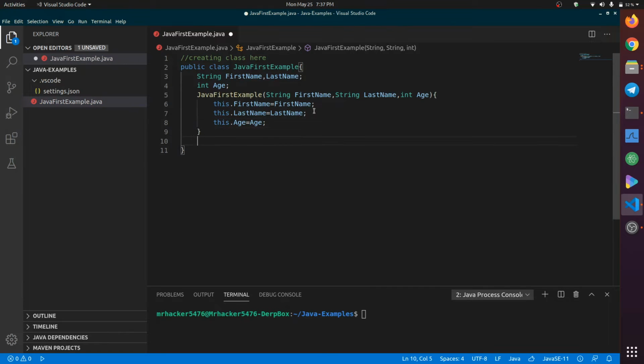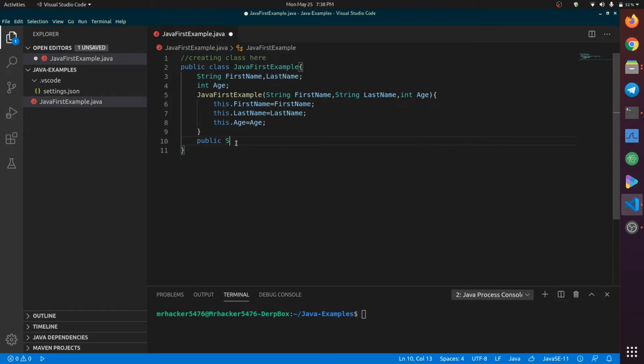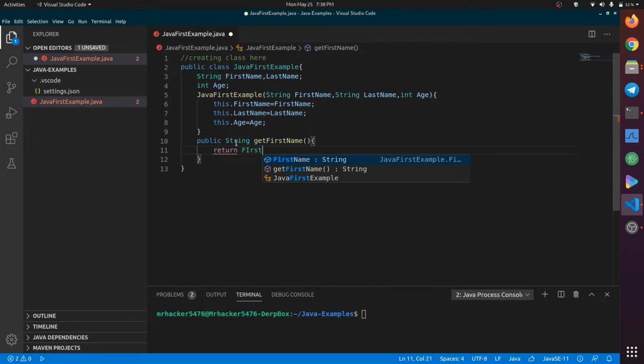Now that's it. Now we need some getter methods which will return values stored in our variables. So I will say public String getFirstName, and we'll say return firstName.